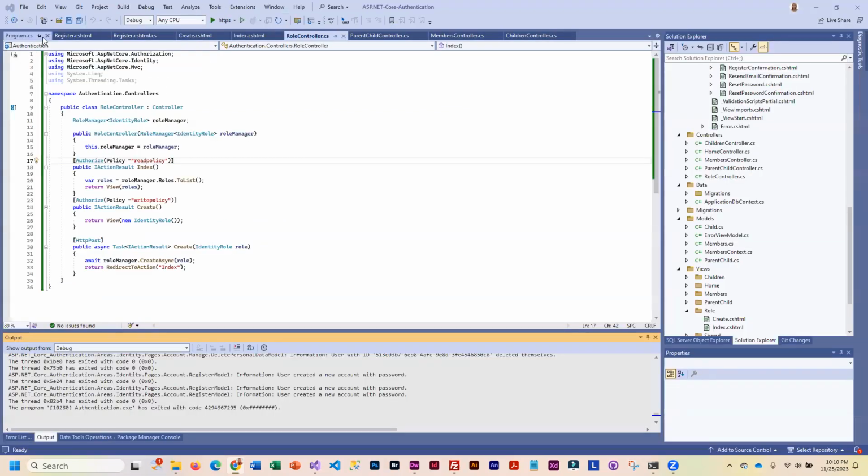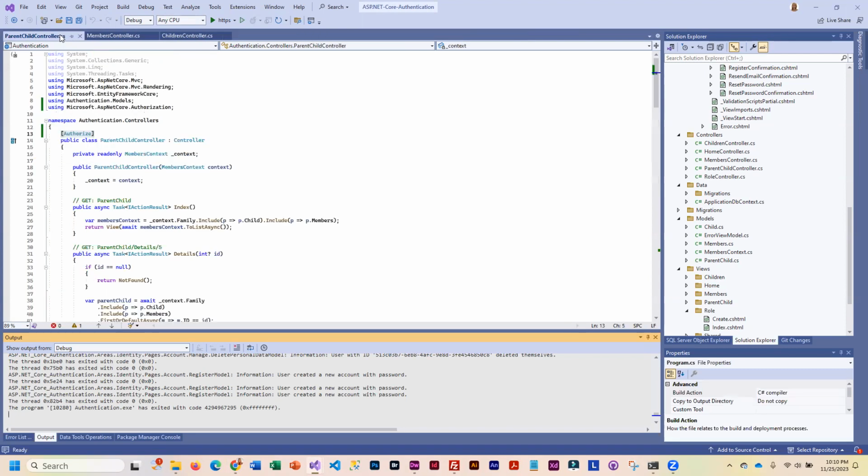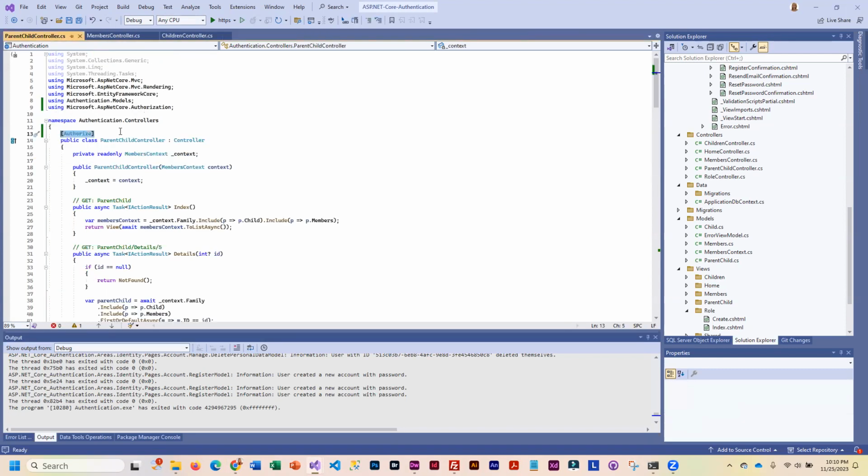So this is the parent. I'm going to close some of these. The parent-child controller. So right now we have it up here at the controller level. So I'm going to get rid of that because that is not what we want. And then at the index level,